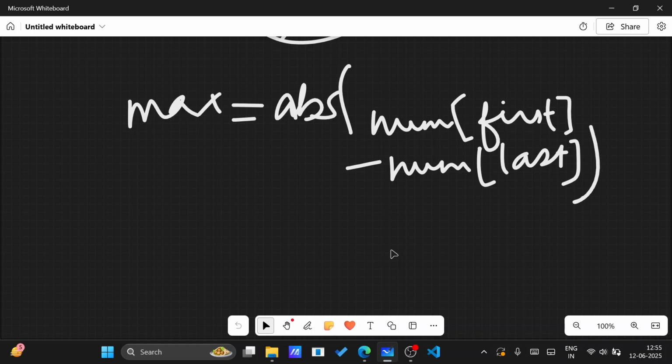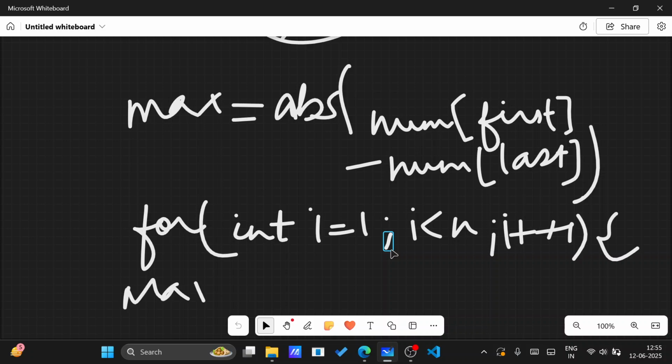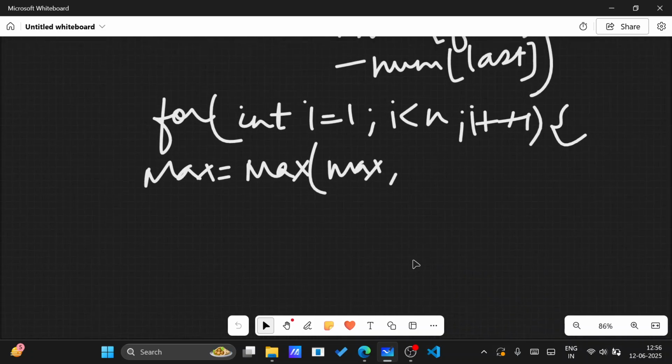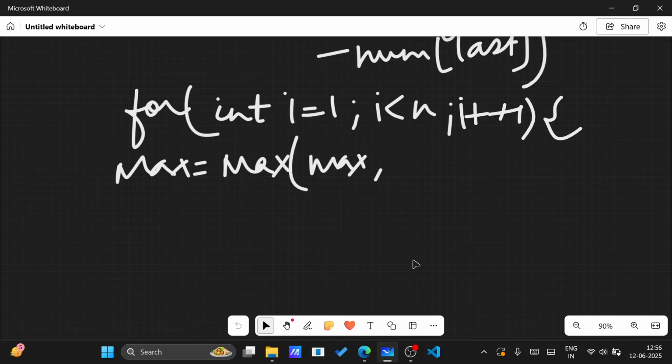We will just take a for loop, right? Obviously we should take this for loop which will traverse from 1 till n, right? And there will be incrementation, and this max will just take the maximum out of the value of itself and the adjacent one. Right, then ABS of